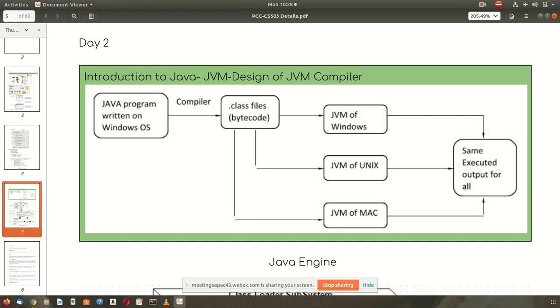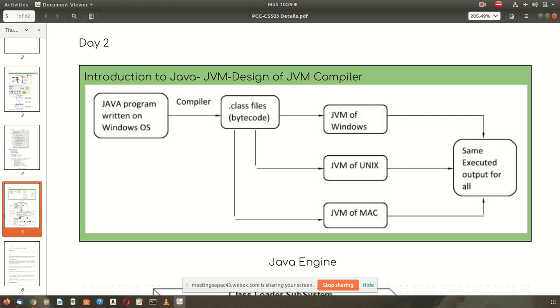Suppose some faculty gave you an assignment, you executed your assignment on your laptop that has Windows, and you bring the assignment and run it in the Linux lab. The program was error free on Windows, every output was correct, and when you bring it into Unix and execute it, it has a tendency to show some error. Not for all, I am not saying for all students, but some students. Why does it happen?